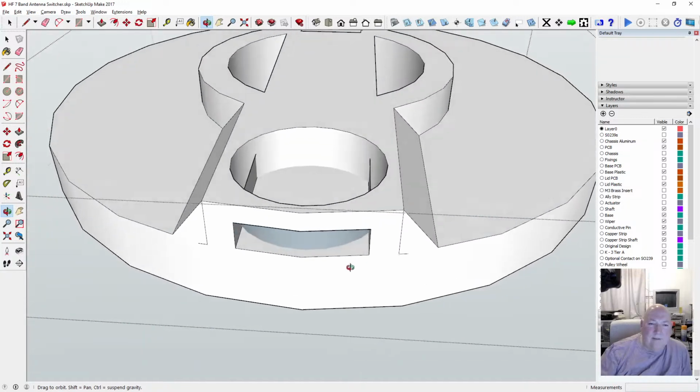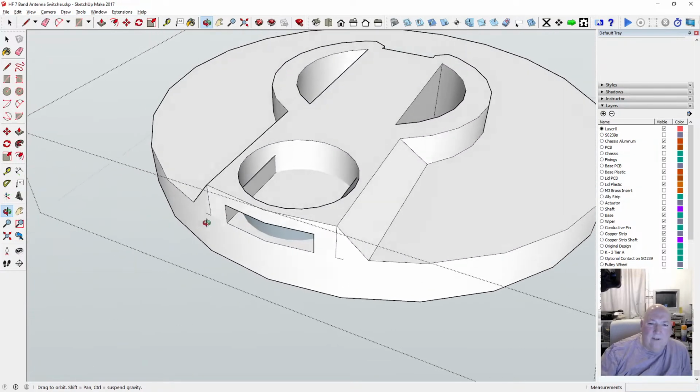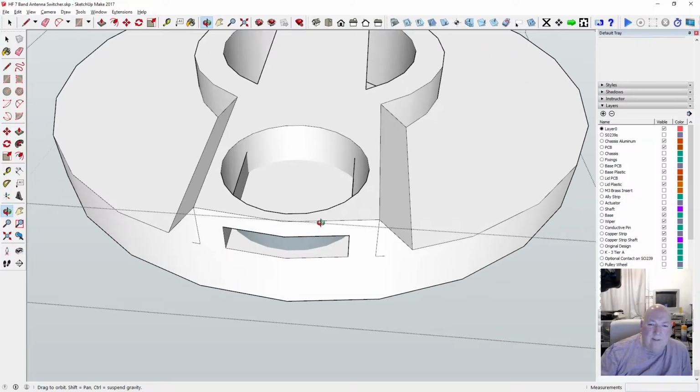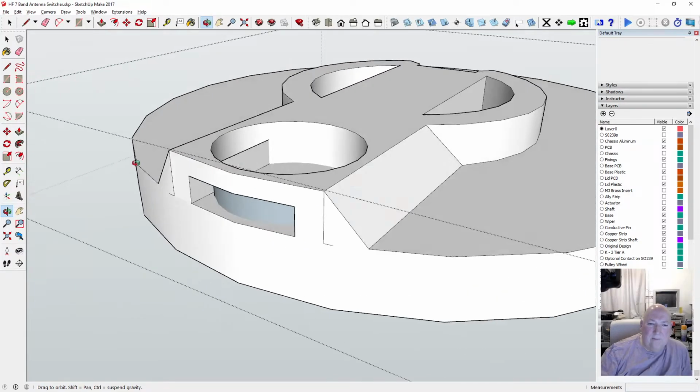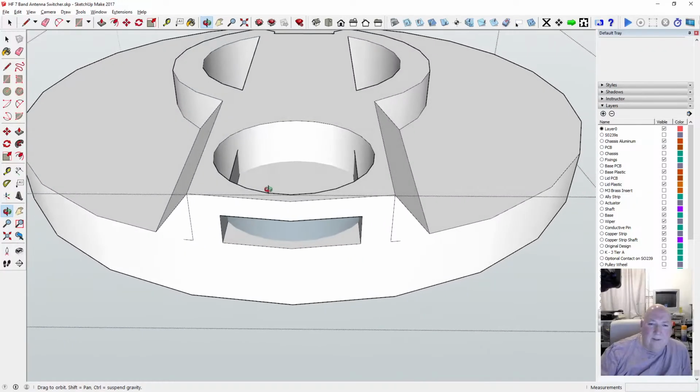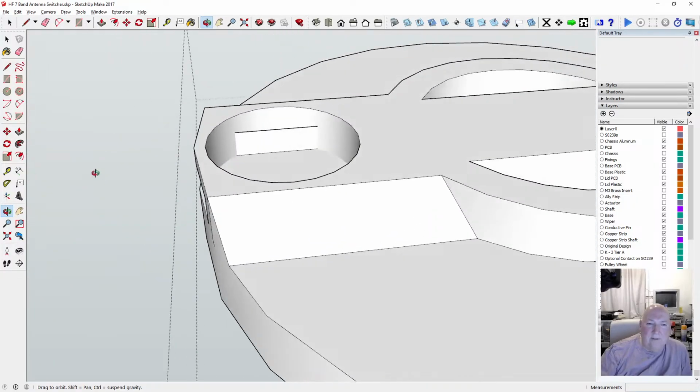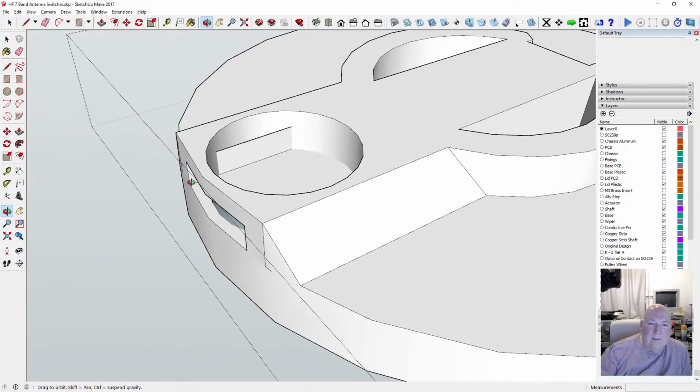So we've got our guides, fair enough. Oh, we've weakened it a bit here. That should be... Oh no, it's got the ramp, so it should be fine. So all we've got to do is delete some of this internal stuff. Can we delete it? Let's try it. Well, it's sort of got rid of it.